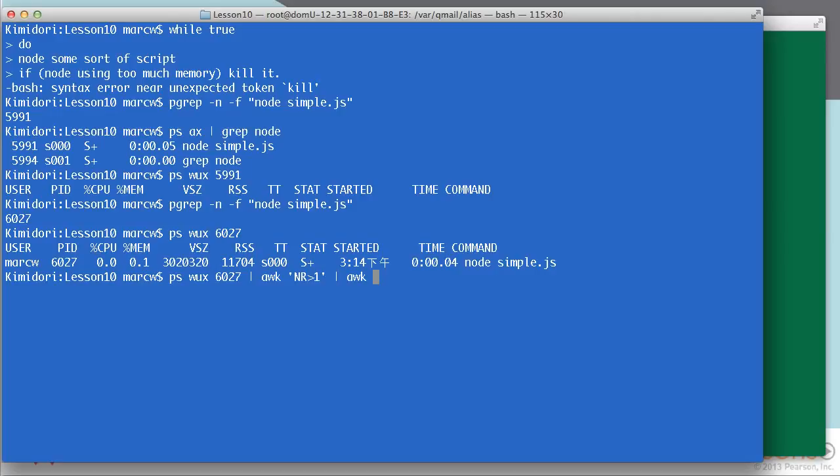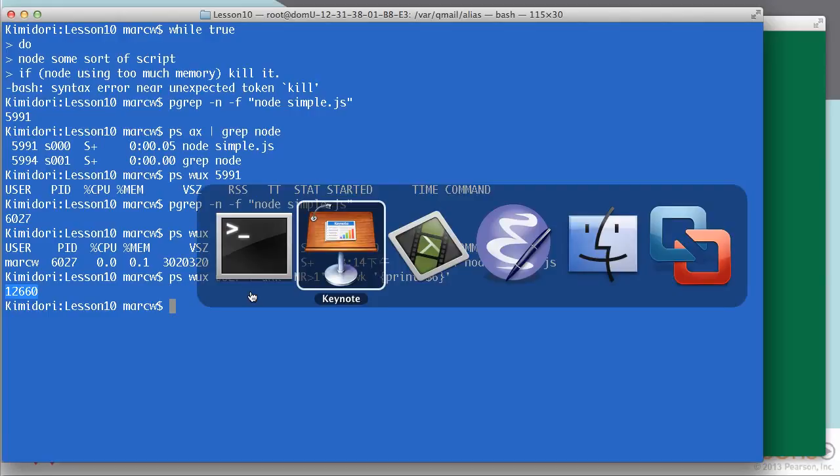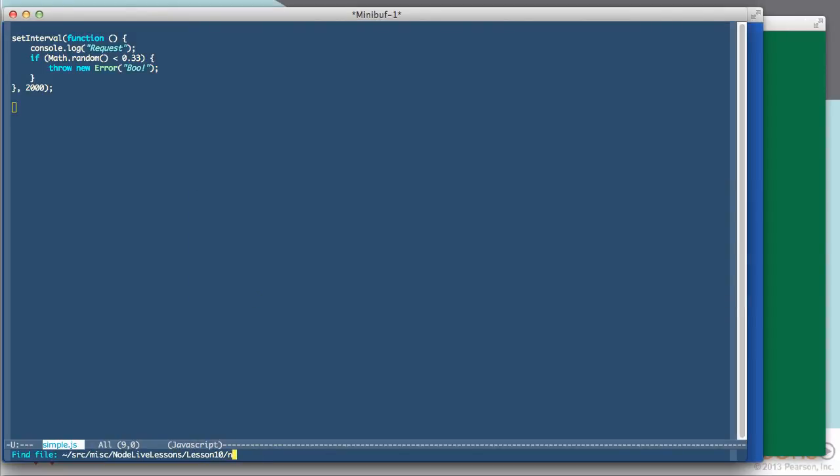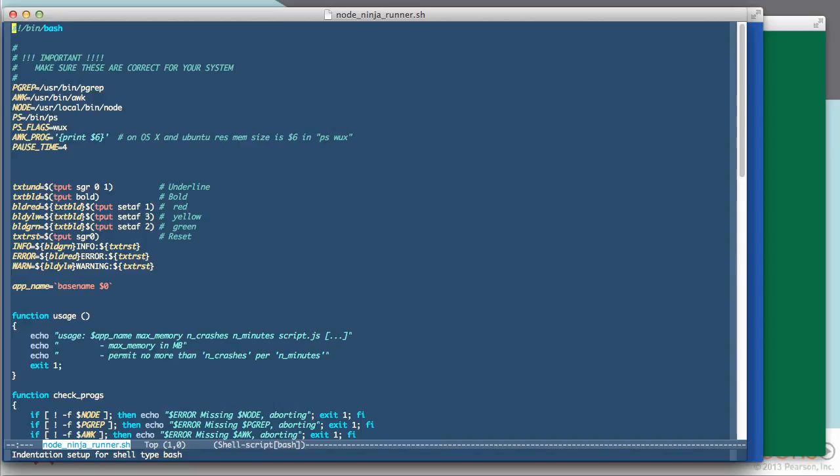Then I'm going to pipe that again through another awk program, and this program is going to print out the sixth column. So this is 1, 2, 3, 4, 5, 6. And now you'll see I can find the total memory that the currently running node process is executing. So with this information, the process ID of the most recently started node, and the amount of memory that that node process is running, I've actually gone ahead and written a little script here called Node Ninja